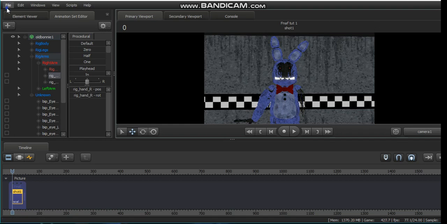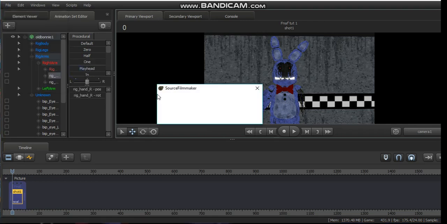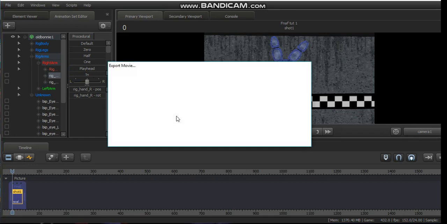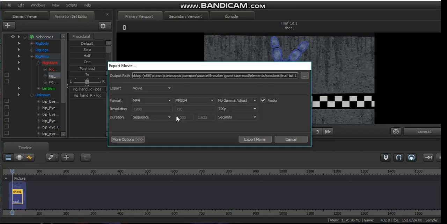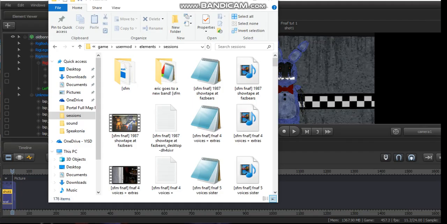Go to File, then Export Movie, and save our document. I recommend it shouldn't be MP4, it should be AV1 AVI, but just download QuickTime and it should work, and it should be MP4. Remember, you guys need QuickTime in order to make MP4. Now all we're gonna do is export the movie, and hopefully it will work. Okay guys, to finally find your file once it's exported, just press